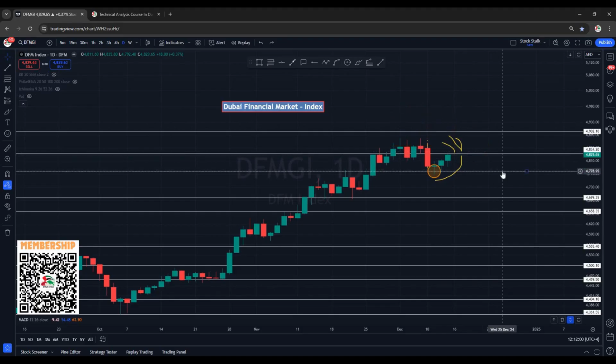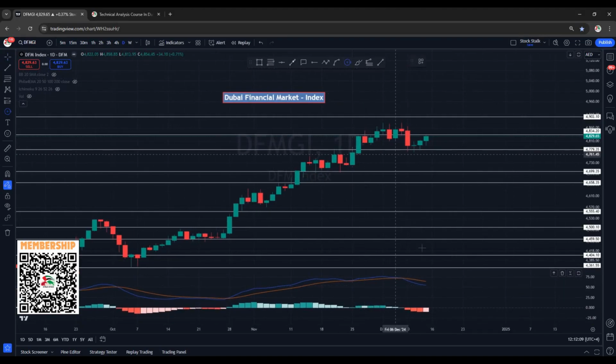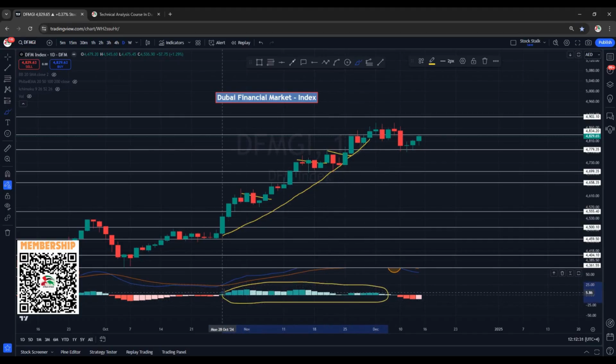On the daily chart, let me show you something that is printed on the MACD indicator. Right here we can see selling momentum is now increasing. We can already see a bearish crossover right here. This indicates selling pressure is about to start or a correction is about to begin. Check this out. Previously when it was climbing up, although we could see red candles on the way up, here on the MACD chart we can see almost all green bars. This indicates buying momentum. However, we can see recently with these last 3 to 4 candles, MACD has already started to print red bars, indicating selling pressure is now increasing, or there are strong chances that correction or downside momentum